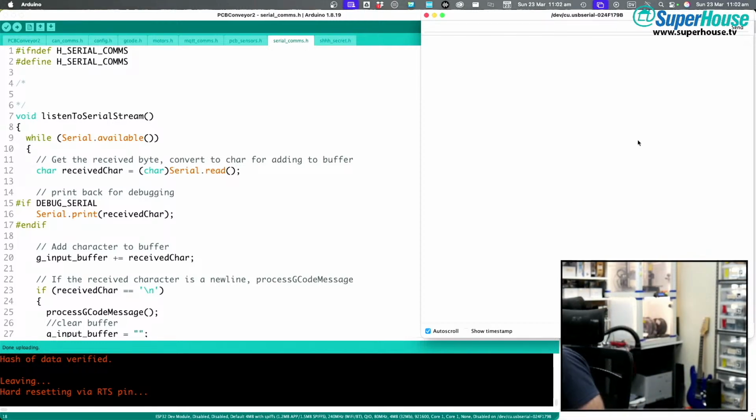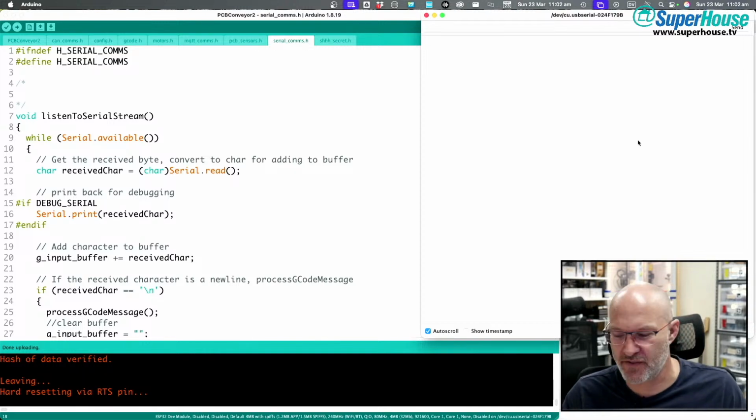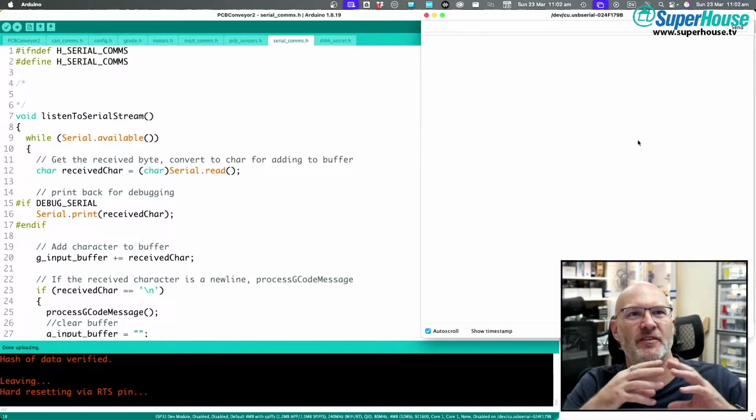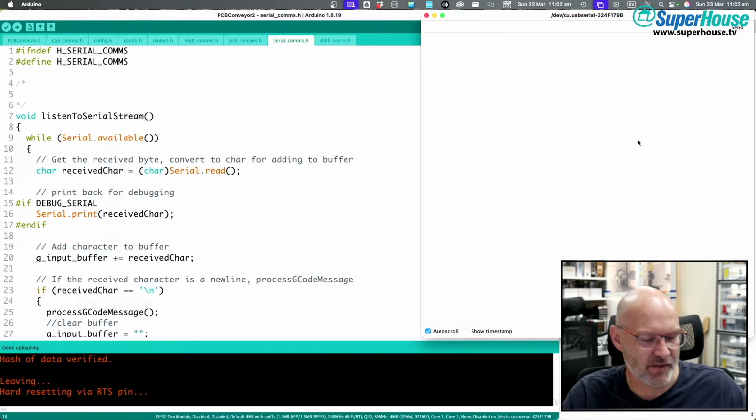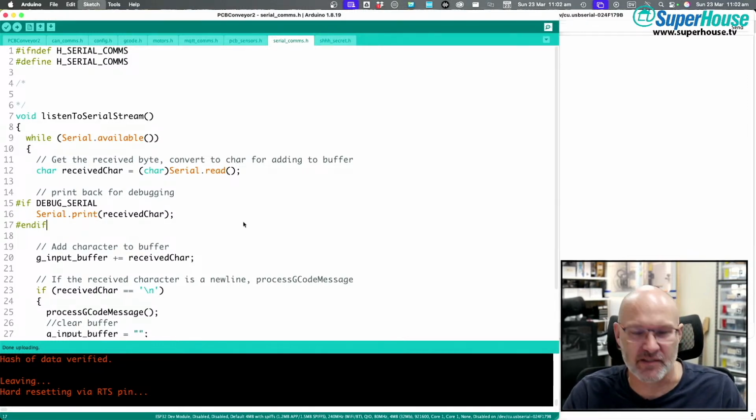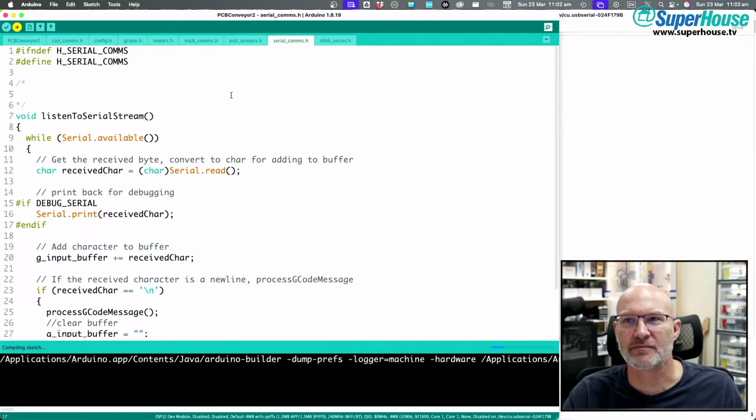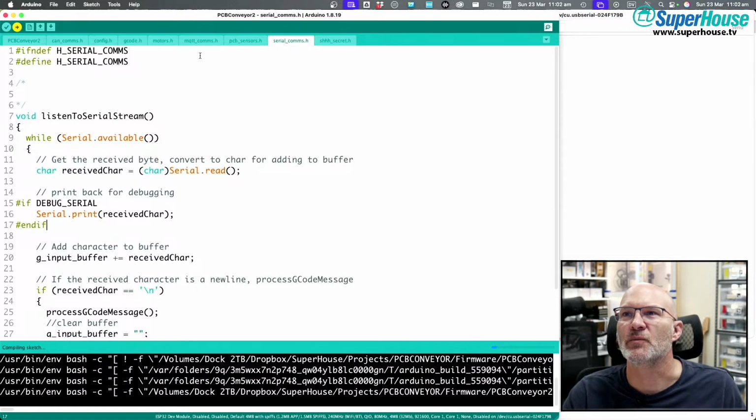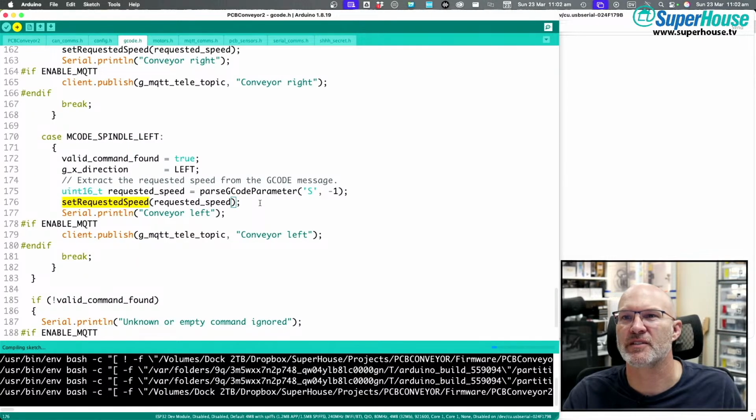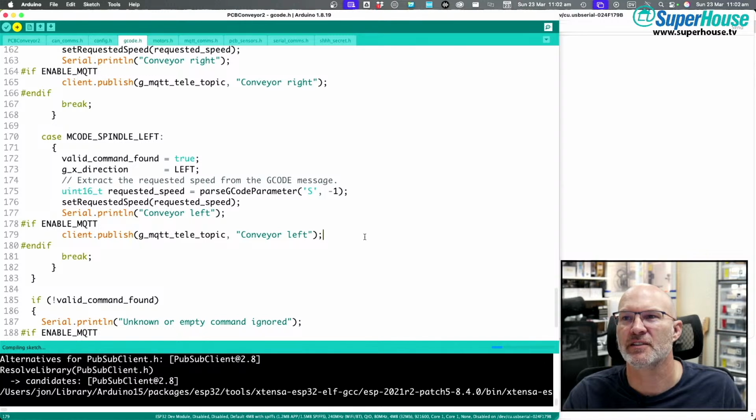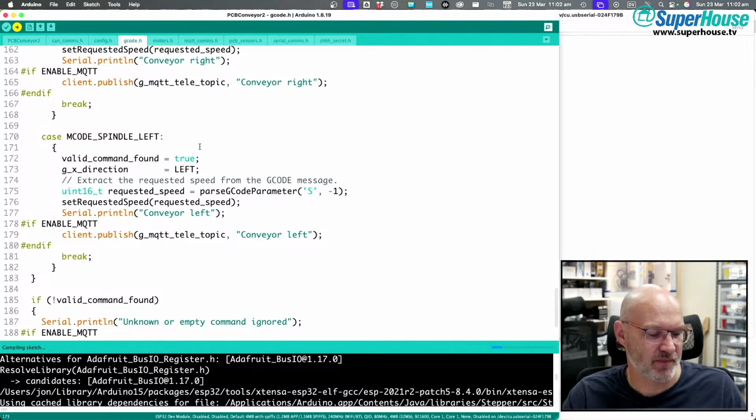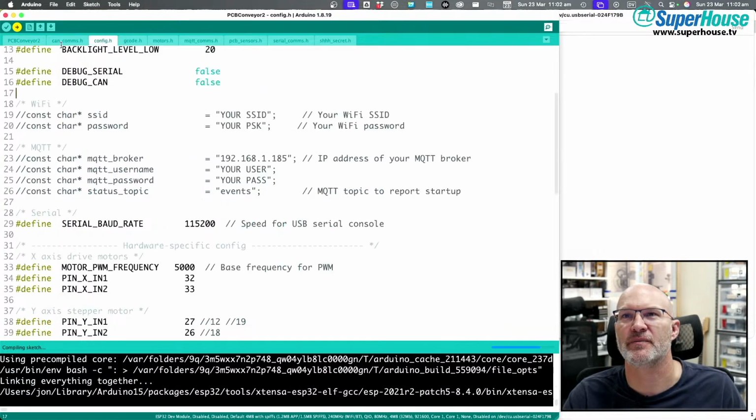Reset. Where's the reset button? I should have put a reset button on the carrier PCB, because the reset button on that display module is covered. So the way around that is, let's just upload the firmware again. That'll force a reboot. And while it's doing that, set requested speed, conveyor left. It should be connecting to MQTT as well, but